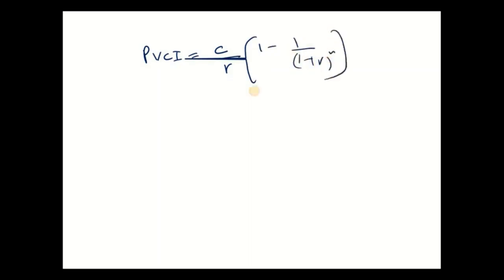Let me draw a formula for you. If you see, the present value of cash inflow is equal to C divided by R, right? Then 1 minus 1 over (1 plus R) to the power n. Okay, so this is the present value formula. And if you see, this R is called the cost of capital. Okay, the formula is NPV is equal to present value of cash inflow